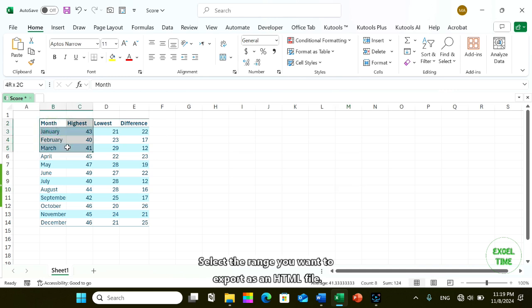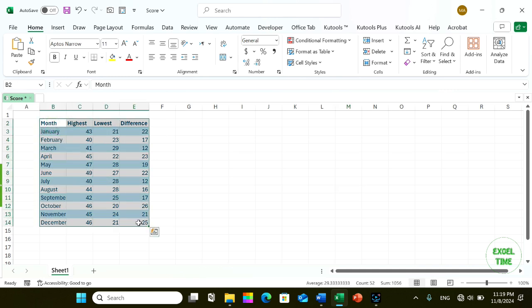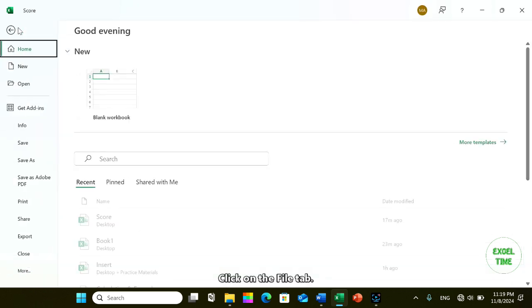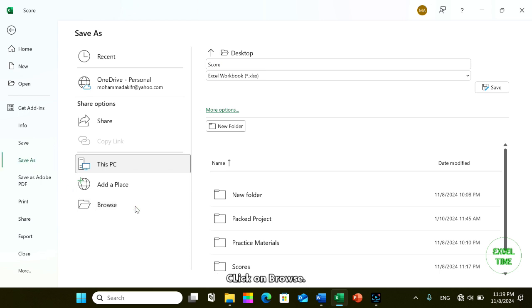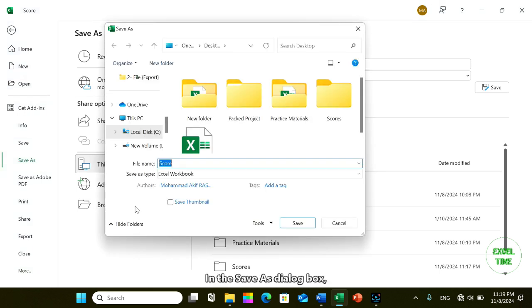Select the range you want to export as an HTML file. Click on the File tab. Click on the Save As option. Click on Browse. In the Save As dialog box,